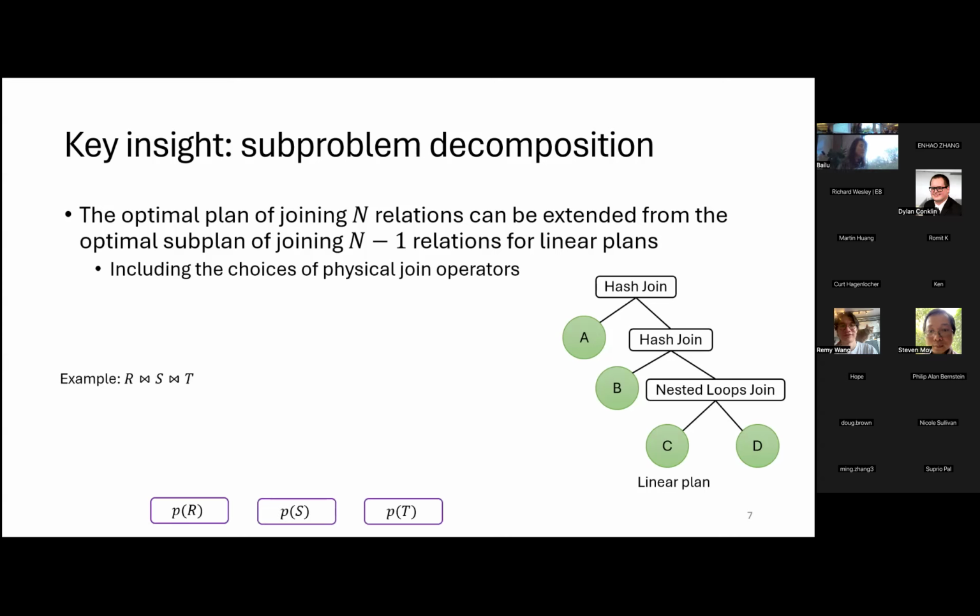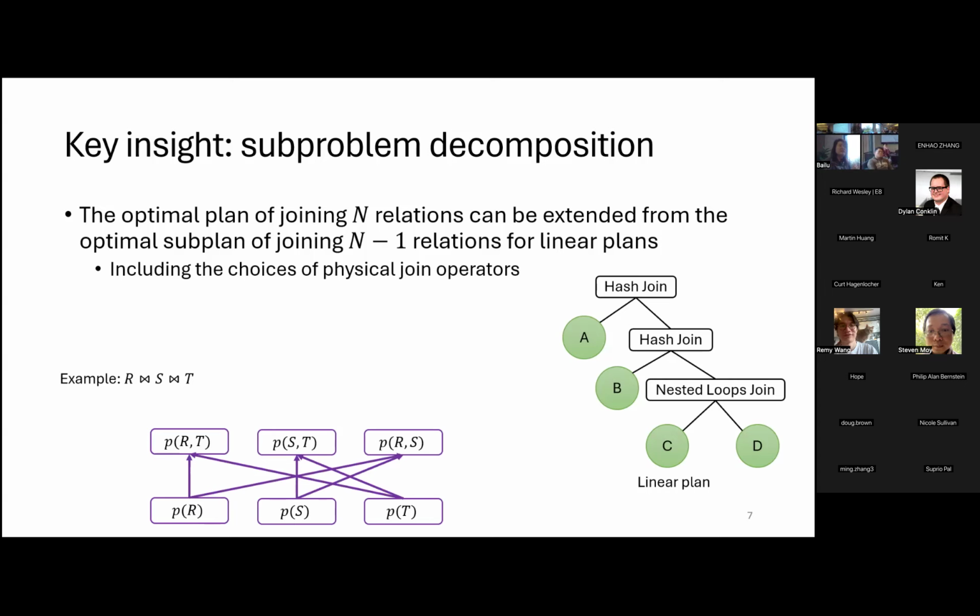Here's a simple example of joining the relations R, S, and T. We start with the best way to access the relations R, S, and T. Next, we move on to consider the best plan for joining two relations, which can consist of the best plan we already found with one relation. Now we move to the join of three relations, which consists of different options to have two relations and join with one more relation. And of course, we also consider the cost of the physical operator to perform the join